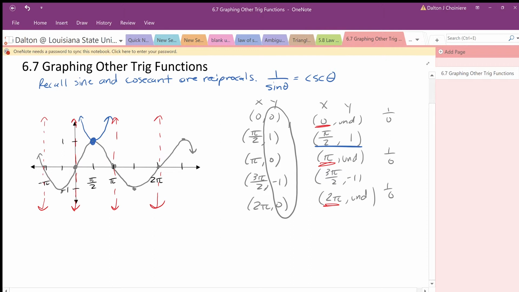Okay, my next coordinate at 3 pi over 2 is -1, which is there, but the cosecant value flips over everything else. And if we continued the process, we'd see that this value would be a +1, and it would look like this. And down here, this value at -pi over 2 would be -1, and it would look kind of like this. So again, I want to be clear that in this graph here, the cosecant